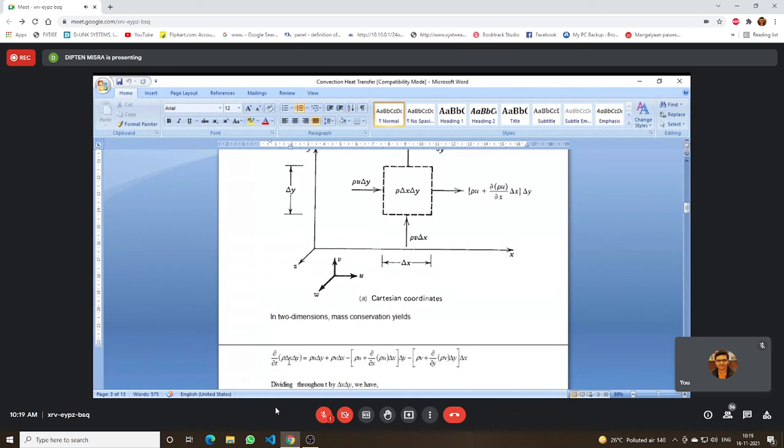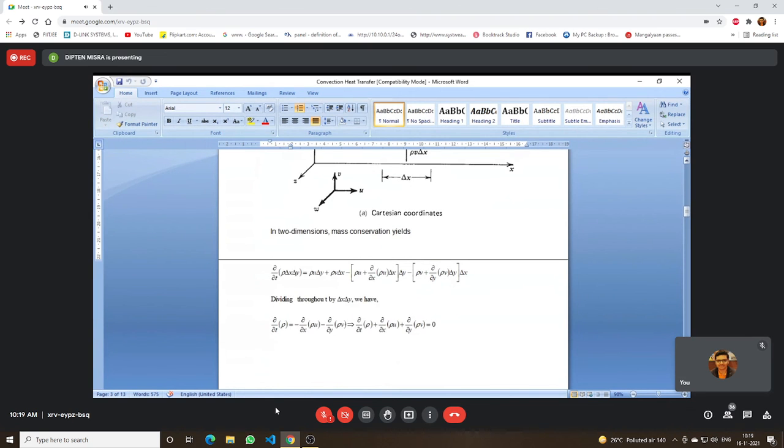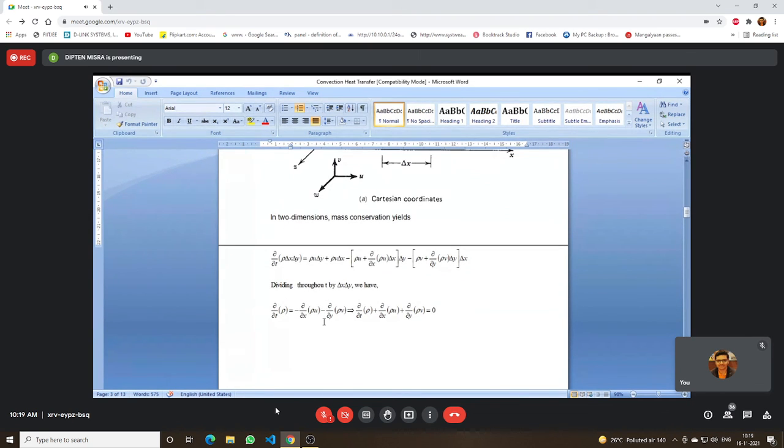The rate of change of mass within the control volume is equal to the net inflow of mass within the control volume, not density. Now, if we divide both sides by the volume of this control volume, delta x delta y into 1, because we consider a constant shape and size of the control volume, we can take it out. Delta x delta y comes out, and it remains del t of rho plus